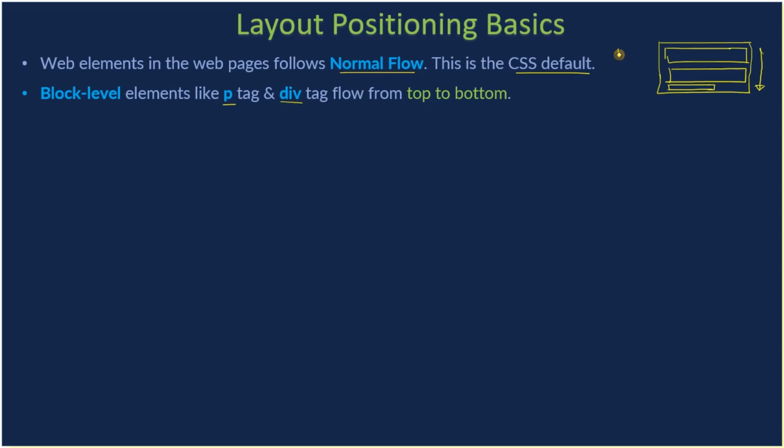So you cannot see a paragraph placed side by side, right? So that's the default flow. So in a normal flow, paragraph flows from top to bottom,